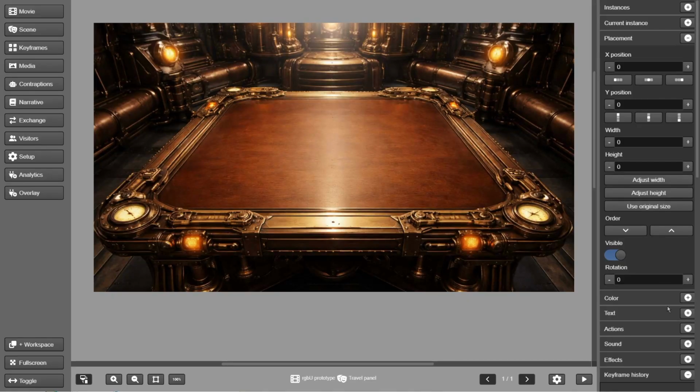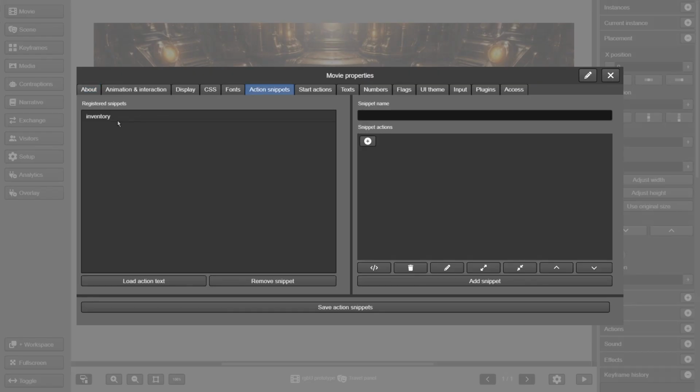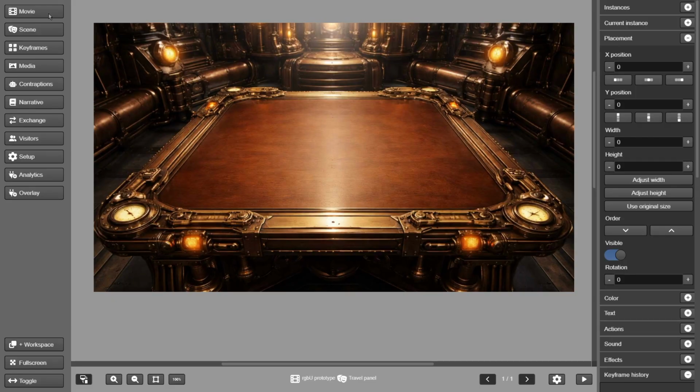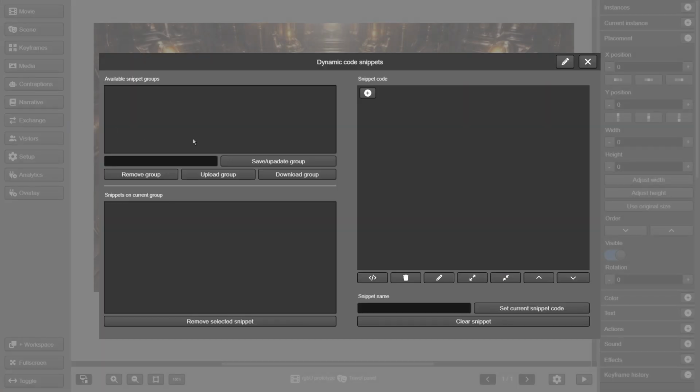In our example, we saw the use of a code snippet set in the Properties window of our movie. Creating snippets in this window is the most efficient way when we use only a few of them in our creation. However, for larger productions, there is a better resource for this purpose. In the left Movie menu, click on Dynamic Snippets. In this window, you can create a larger number of